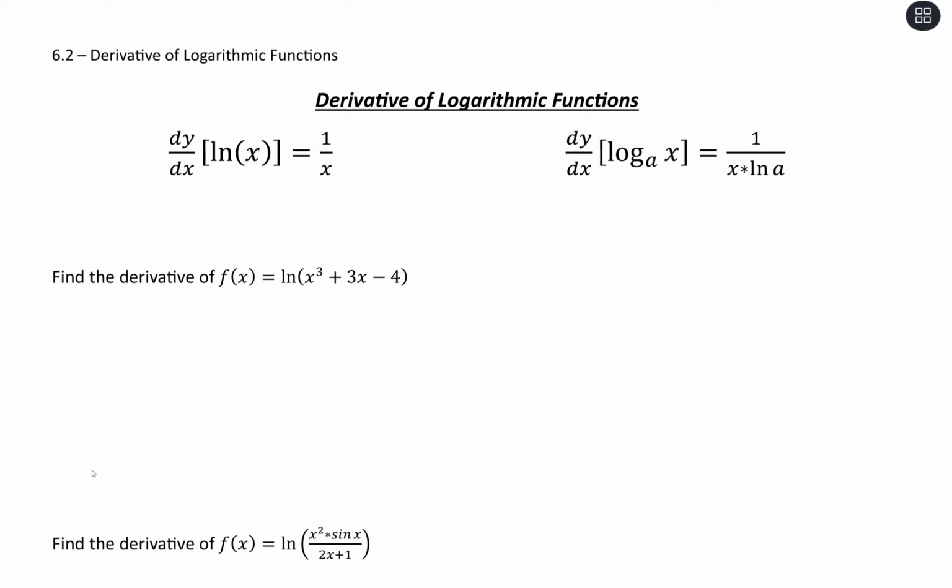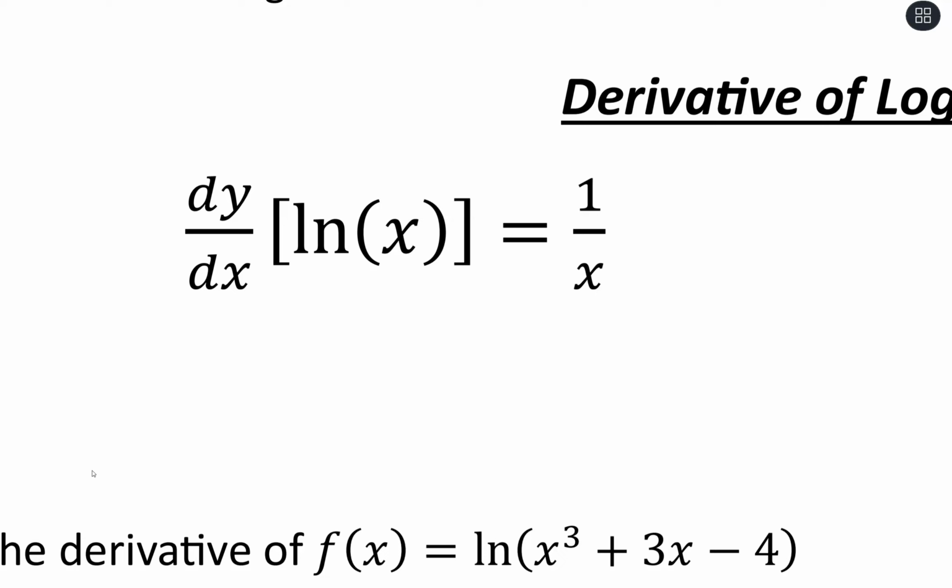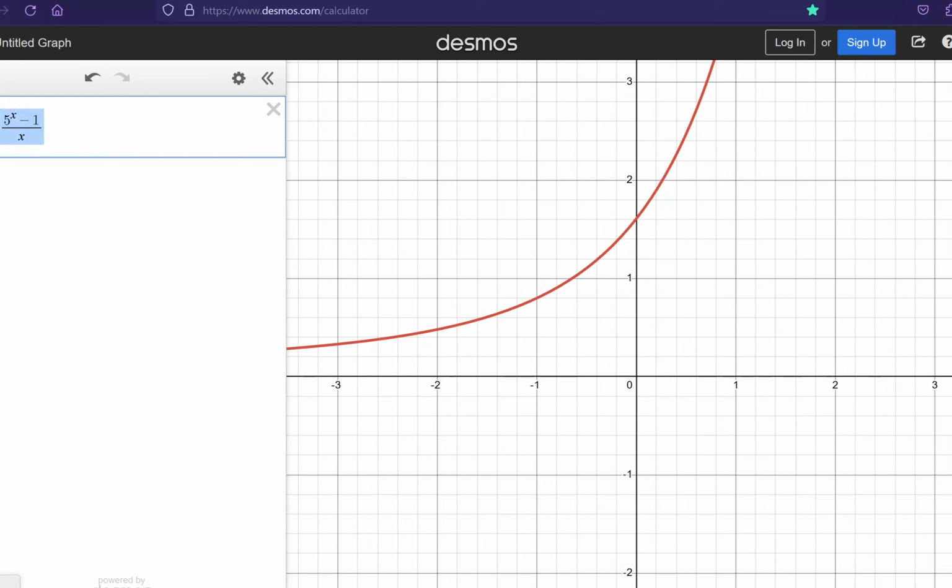And here we're going to take a look at the derivative of logarithmic functions. So if we're taking the derivative of natural log of x, it is equal to 1 over x. So notice that we lose the logarithm in this process. So let's take a look at this and get a review of what our graph of natural log